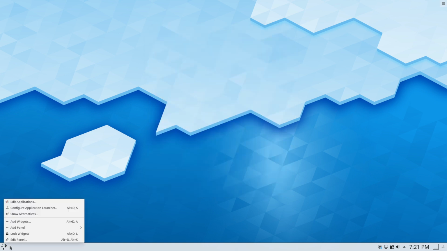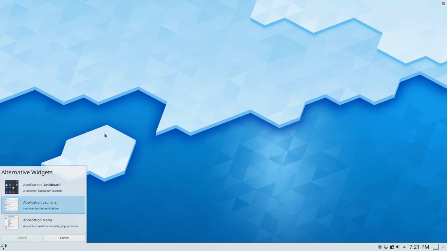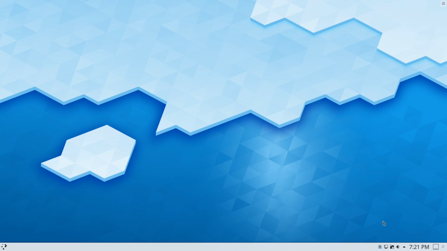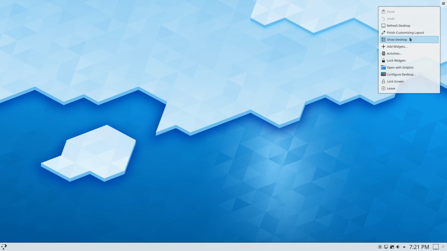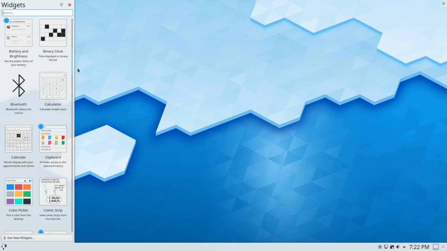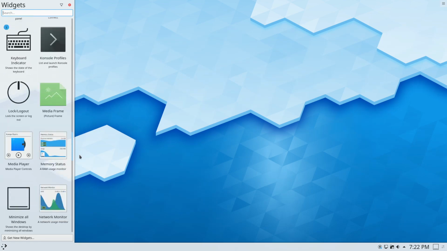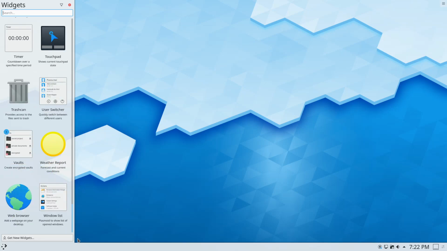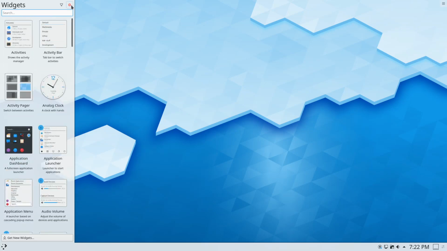As far as other options, let's have a look at alternatives to various things that we have. So here we just have your basic application dashboard, application launcher, application menu. Where our widget panels are. Go ahead and have a look at our widgets. Really nothing else specially added to it. I'm not sure Solus gets us anything specially added either, but you can kind of see what our widgets are.